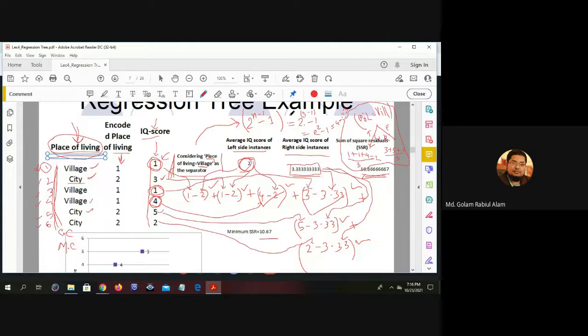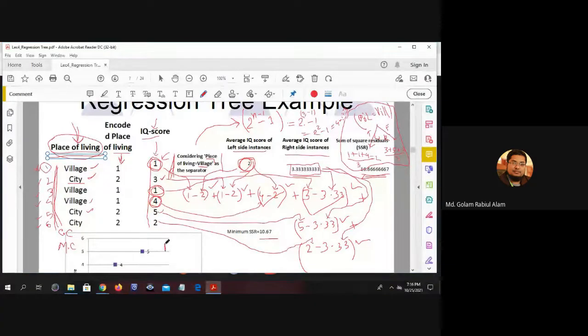Then you have to just put the values here, and you will find how many splitters we need to consider. Here, if we consider the four, then only four splitters will not be enough. Like in the case of the three, we consider the three splitters. In the case of the four, you have to consider also like this,